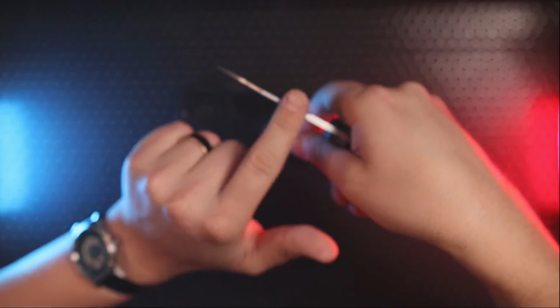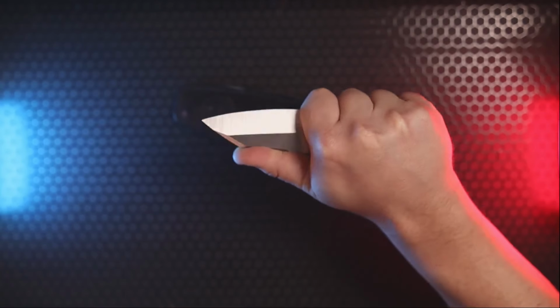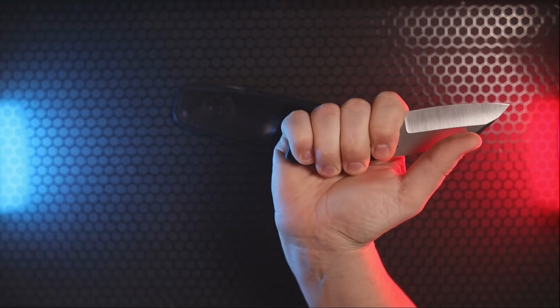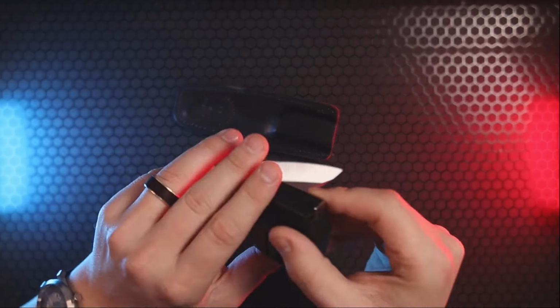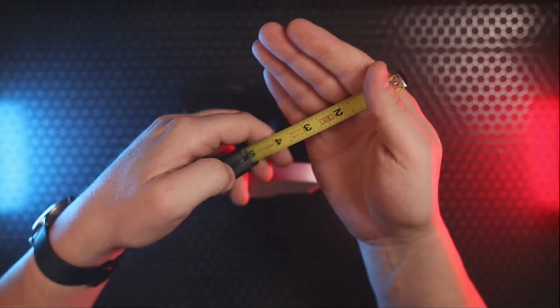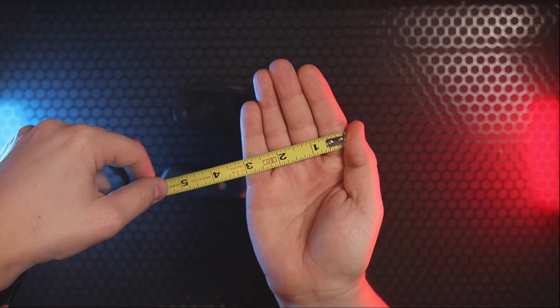Normally, I like to have a little bit of jimping up here, but I haven't really needed it. It feels secure in the hands, and I do get a full 4-finger grip. Now, you might be wondering, well, how will I know if I get a full 4-finger grip? Maybe you just have baby hands. So check it out. From the side of one finger to the side of my pinky, it's right there around